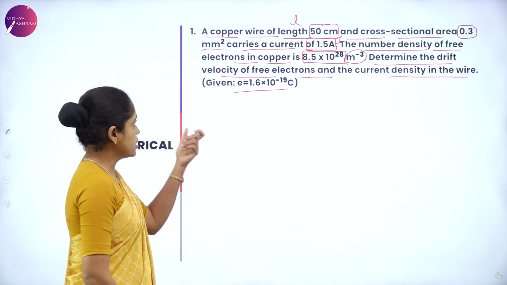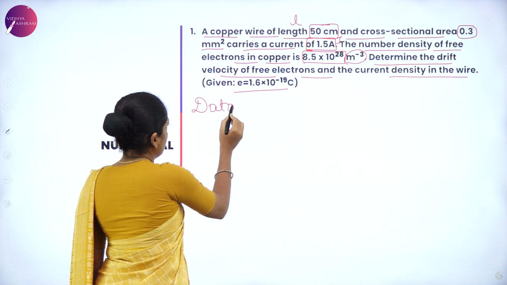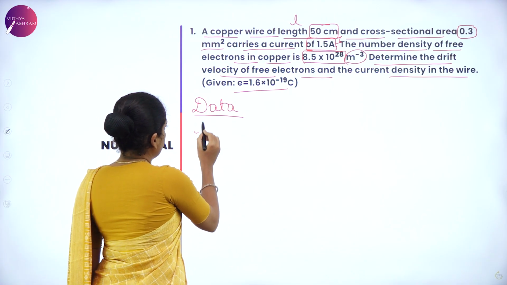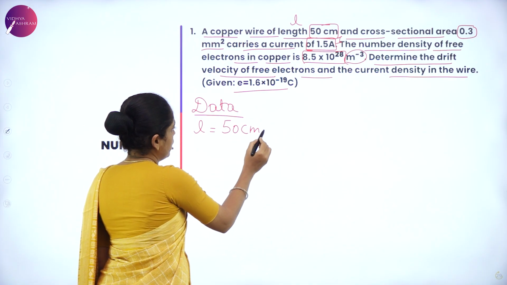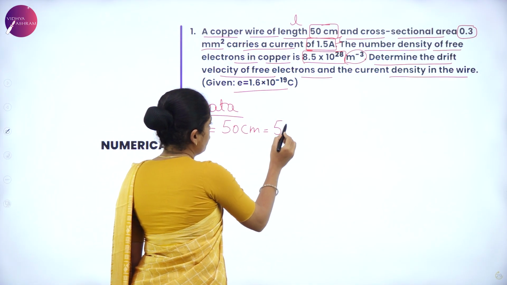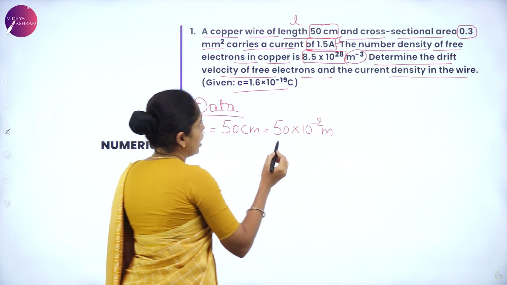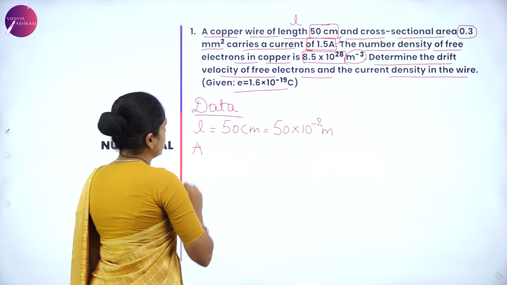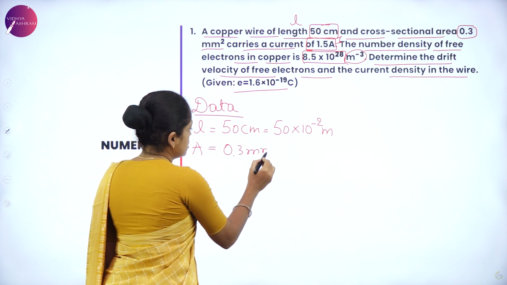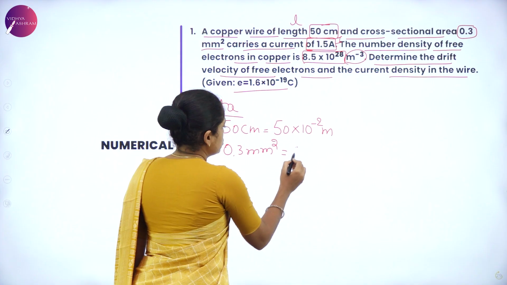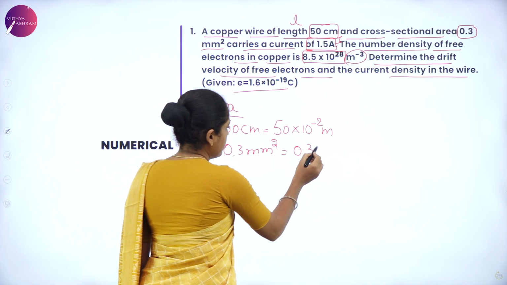So now let us write the data from the question. According to data, L value is 50 centimeter. Convert this into meter, 50 into 10 power minus 2 meter. And the area of cross section A is 0.3 millimeter square, which should be converted into meter square by multiplying